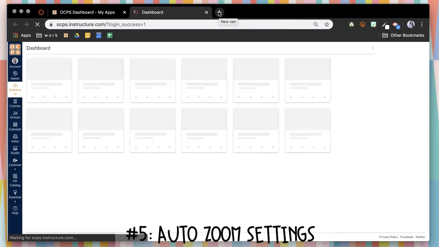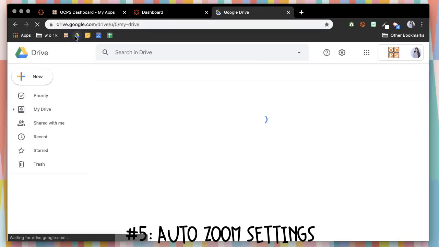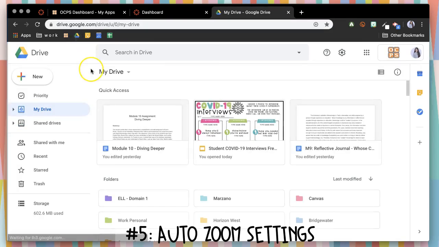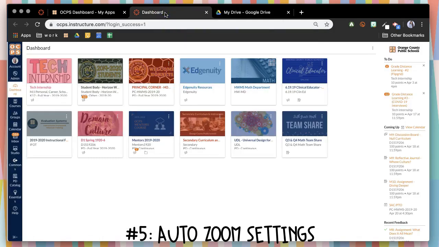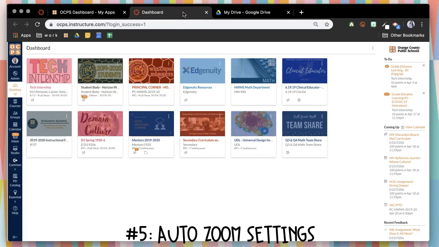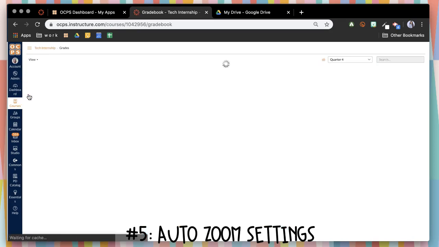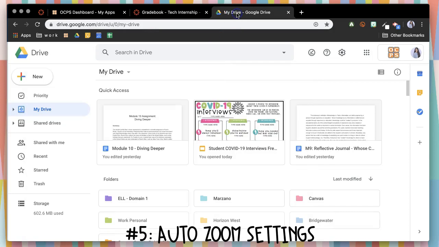So I'm sure everyone knows that you can zoom on websites, but what you may not know is you can set custom zooms to always default to that. So if you'll notice, my Canvas page is automatically much smaller than my Google Drive. And my reason for that is when I go into things within Canvas, I want to be able to see my full window at once for grades or things like that,